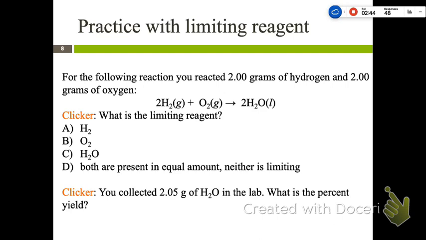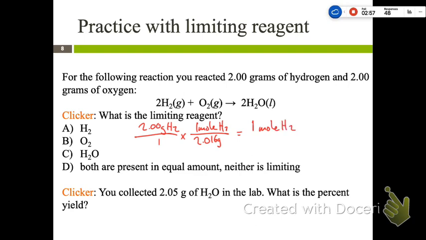So we have the mass is the same of both, and I wouldn't feel comfortable answering this question until I knew how many of each I had. So can you tell me how many hydrogen molecules we have? Can we calculate that? Yeah. So if we know we have 2.00 grams of hydrogen gas, we know that 1 mole of H2 weighs 2.016 grams. So how many moles of H2 gas do we have? Right about 1 mole, right?